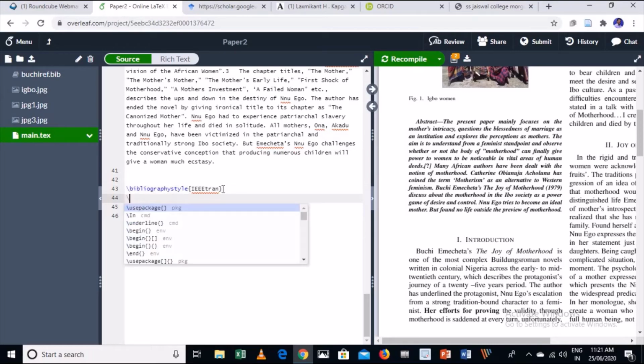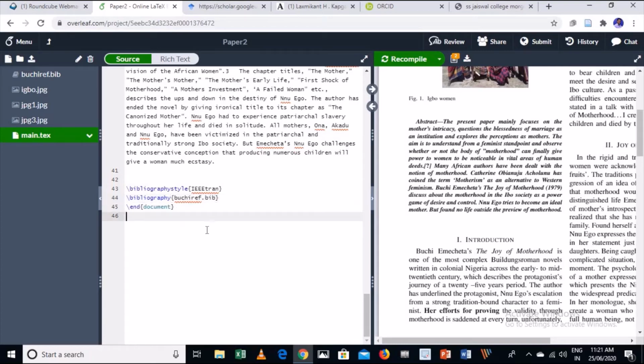Again you type backslash bibliography. Here you will add the file. My file name is Bucci ref and the extension is bib. Now my work is done. Again go and click on recompile.